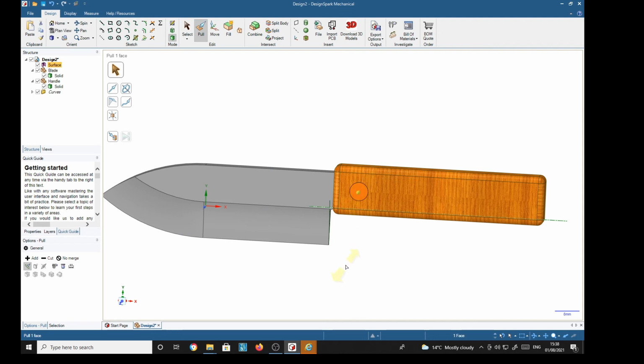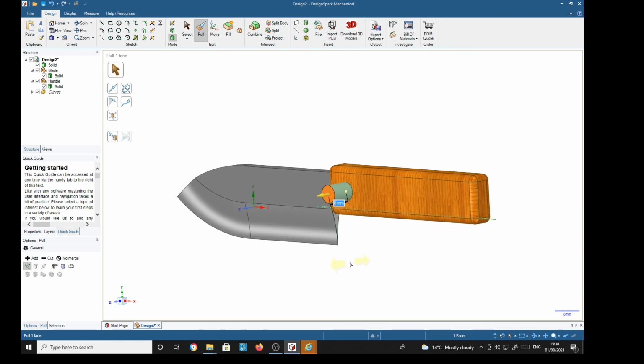I'm going to make it 8 millimeters long, because remember the blade is 4 millimeters thick and we made this handle 2 millimeters wider on each side. That's it, return. And we've got a peg standing out,